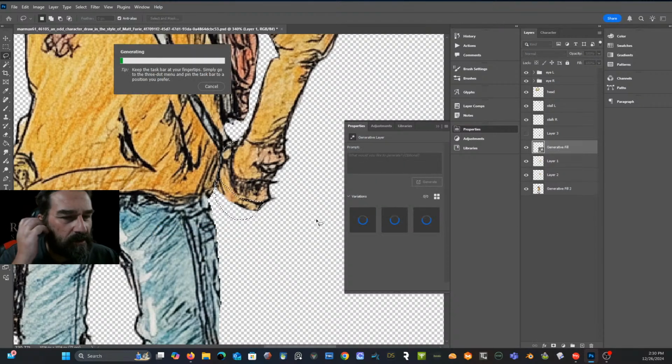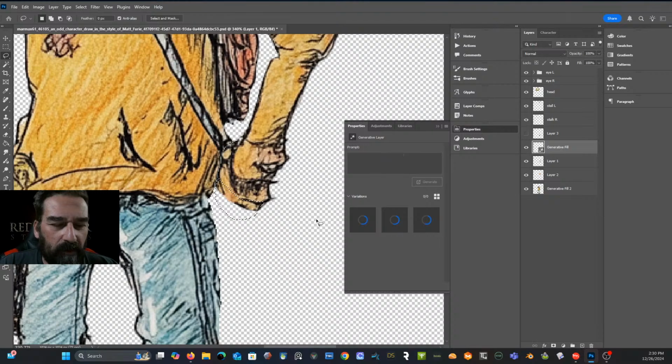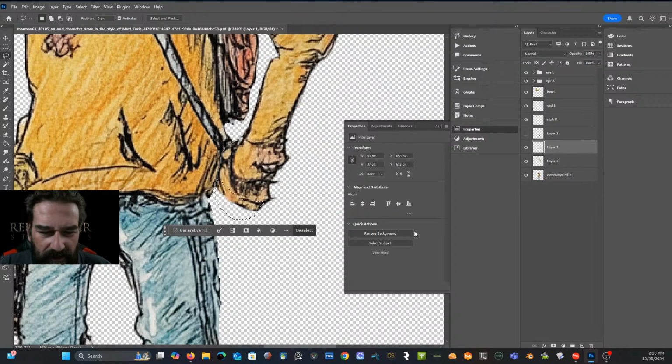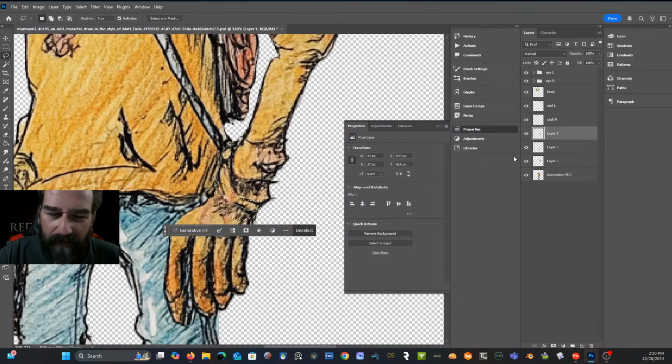It's just faster to generative fill. I could paint it, but then we've got to do lots of little small bits of matching, which, yes, that's the real artistic way to do it, of course, but I figure if I have the option of doing this, which also this isn't going to work. I have my hand layer in the way, I think is the problem. So I'm going to take that hand layer, drop it down here. I'm going to take the arm layer there, turn the hand back on,